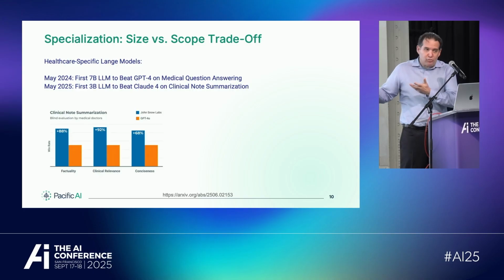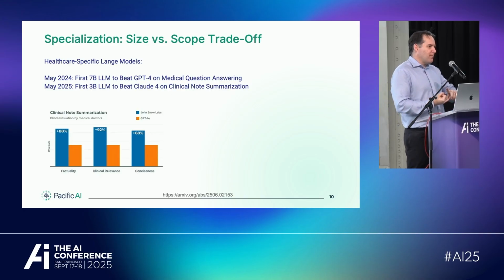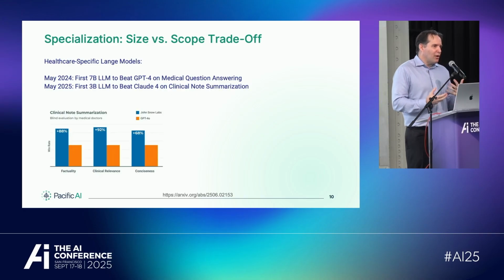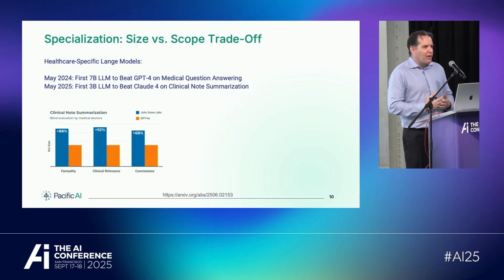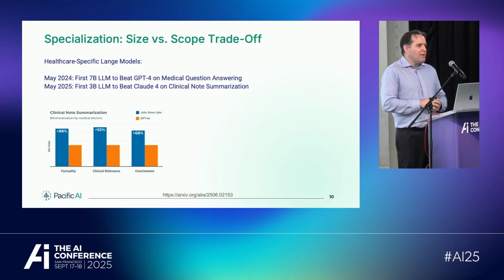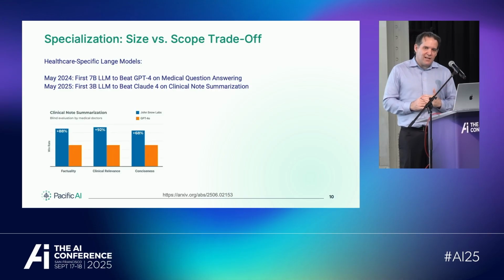Generally, it takes about a 3 billion parameter model to outperform these models. Not just match them, but seriously outperform them in terms of relevance, in terms of factuality, in terms of how clinicians in a blind evaluation would appreciate them. It does not mean that a 3 billion model outperforms GPT-5. It means that in this specific task, if that's what you need, it does it.